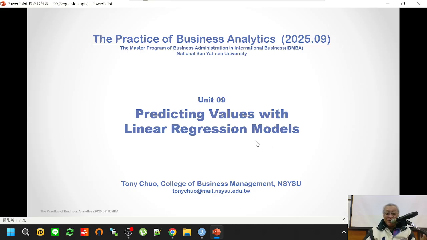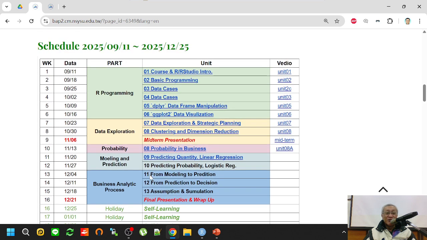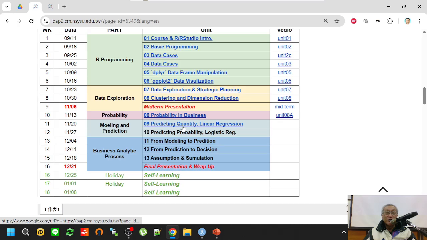Okay, so today we are going to learn about linear regression models, and we are using this model to predict values in business, usually, okay? Before we get started, let's take a look at our schedule, right? So this week we are going to discuss linear regression, which we are using to predict quantities. To make it concrete, in the case of Tafang,